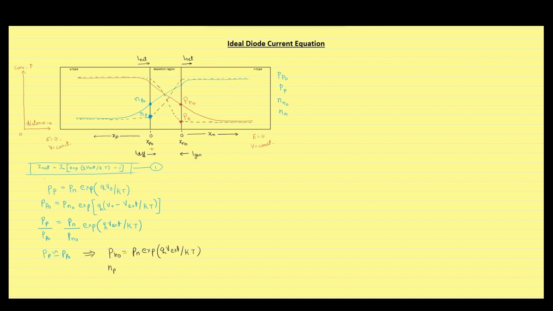Similarly, we can write Np naught is equal to. Now we will define another parameter delta Pn, which is equal to Pn naught minus Pn. It simply represents the difference between the hole concentration when the diode is forward biased and unbiased. This value here represents delta Pn. You can write delta Pn to be equal to